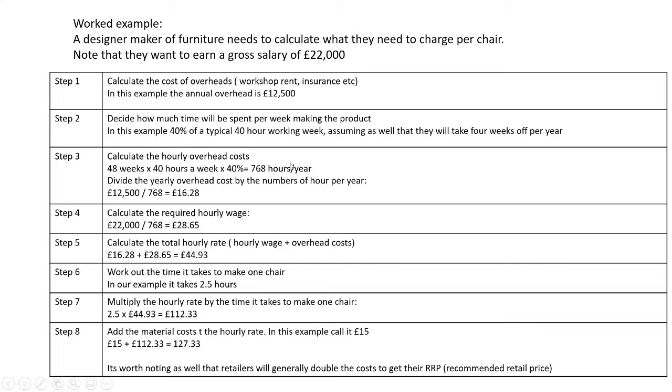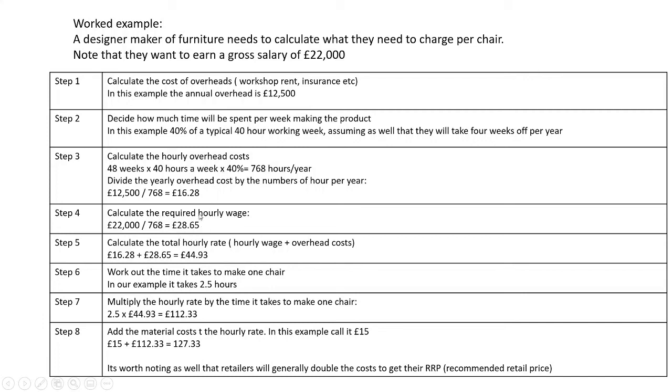So they need to calculate the hourly overhead costs. There are 52 weeks in a year, minus 4 weeks holiday, so 48 weeks times 40 hours a week times 40% gets you 768 hours a year. That's how many hours they're working. So divide the yearly overhead cost by the number of hours worked. The overheads are 12,500, divided by 768 hours, which gets you £16.28. Then calculate the required hourly wage. So 20,000 divided by 768, which gets you